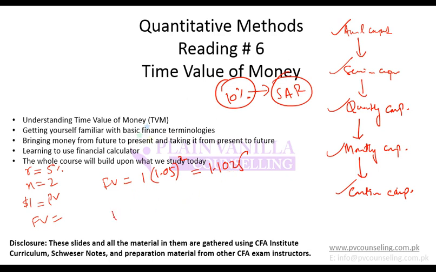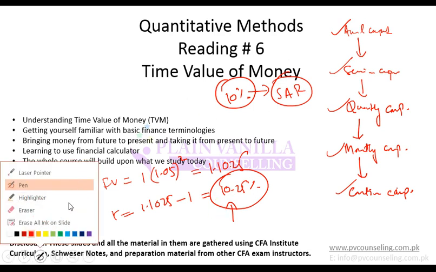So what is my return? My return from this investment would be future value minus present value. So the total return that I have earned is 1.1025 minus 1, which is 10.25%. So if my rate is semi-annually compounded, my effective annual rate is 10.25%. The return that I actually get after 1 year is 10.25%. Similarly, if I have to convert SAR into a semi-annual rate, I can do this using this formula.